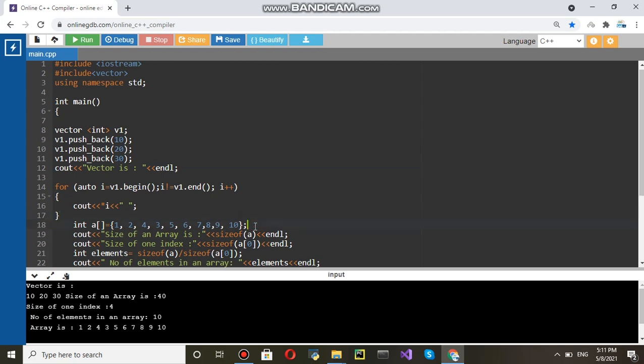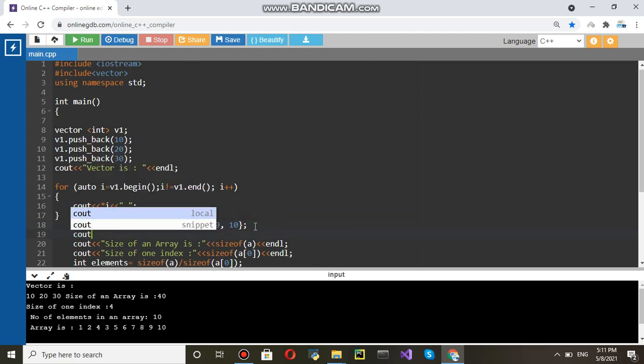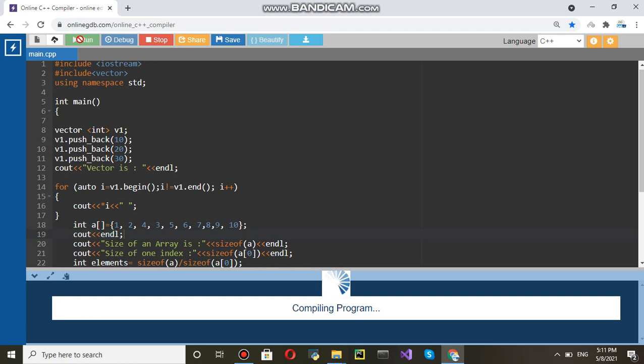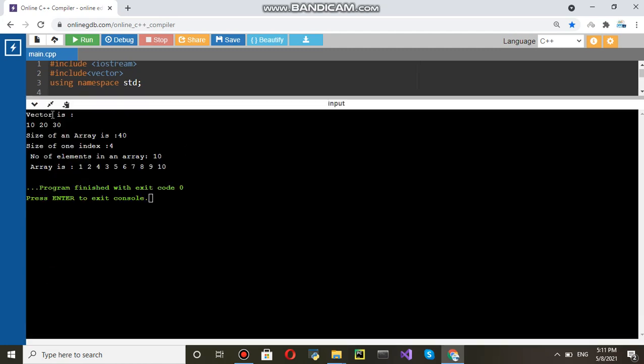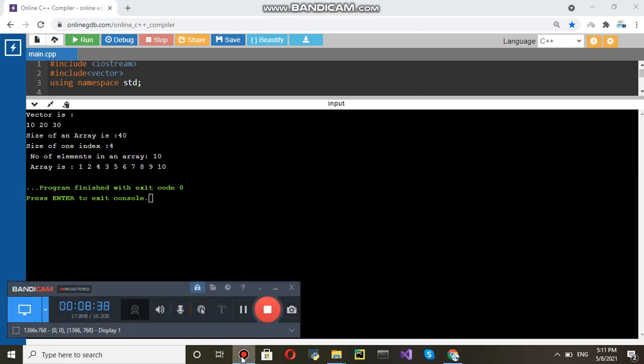So before size, what we can do here, just let's try cout and endl. Let's see, run this. Now you can see it is proper. Here vector is 10, 20, 30, size of an array is 40, size of one index 4, number of elements 10, and the array we can see 1 to 10 is printed.